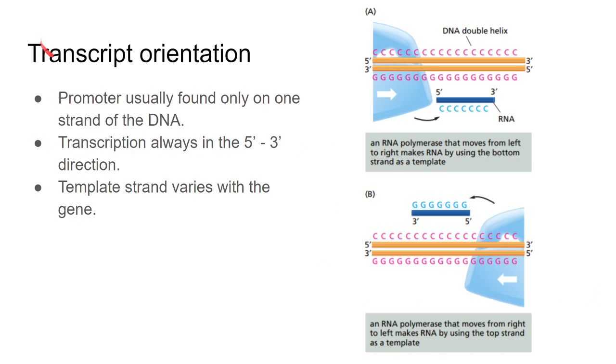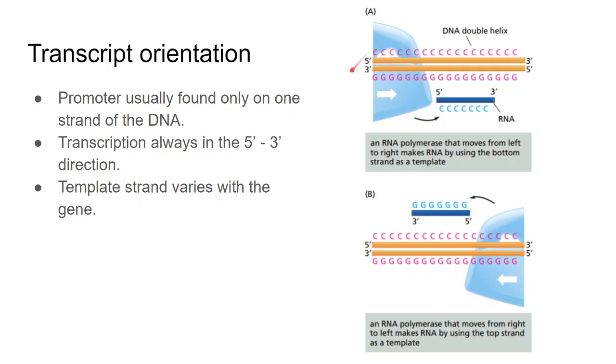Now we'll talk about transcript orientation. If you remember, we talked about how in DNA replication, the replication occurs only in a 5' to 3' manner, and we discussed why it's only in the 5' to 3' manner. If you are new to this course or you forgot, I suggest you look at the recordings for DNA replication. It will be much clearer there. I don't want to go into that whole thing again because that was quite a big portion. Anyway, that's how the RNA transcript is also transcribed, in a 5' to 3' manner.